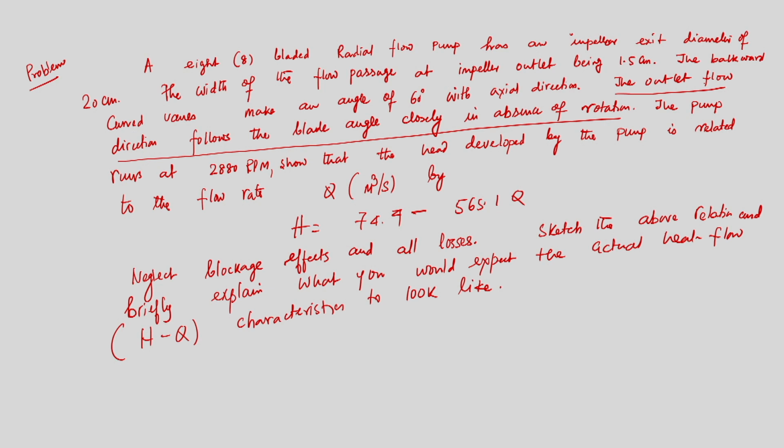The problem statement is: an 8 bladed radial flow pump has an impeller exit diameter of 20 centimeter, the width of the flow passage at the impeller outlet being 1.5 centimeter. The backward curved vanes make an angle of 60 degree with the axial direction. There is a mistake in the problem statement. I am writing the backward curved vane,